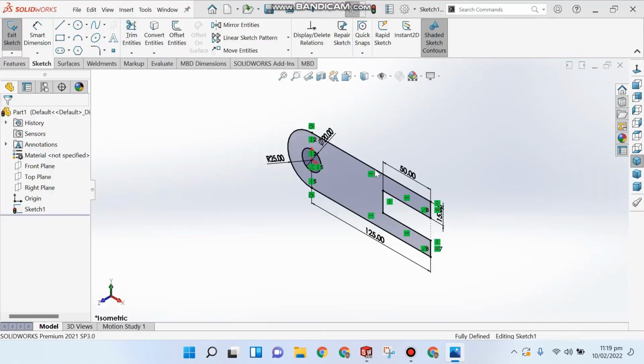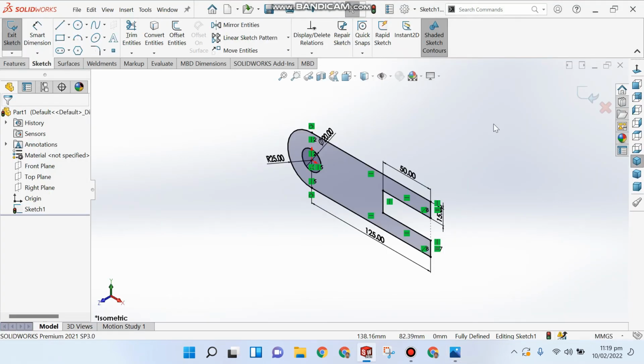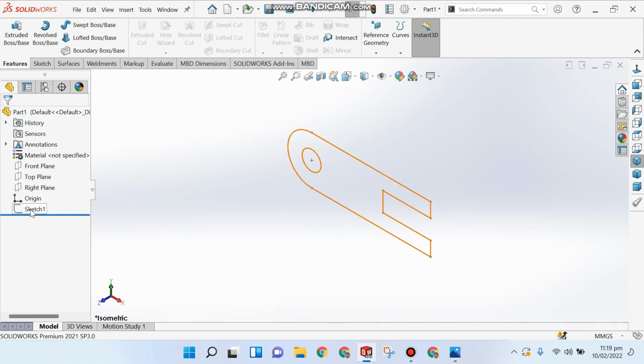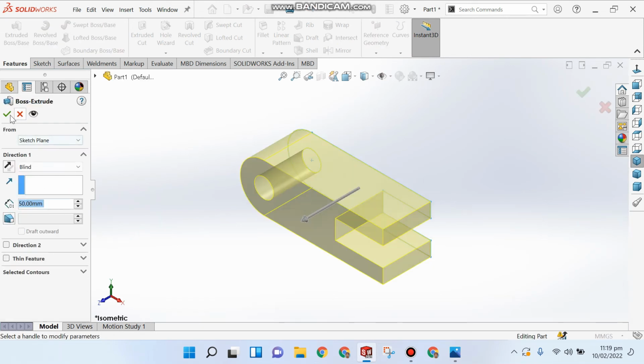Now I am going to extrude, means I'm making it a 3D object. So this is sketch, and in this view you can see how much it is extruded. So the radius is 25, so the dia will be 50. So this length is 50. Exit sketch, select sketch and extrude 50. Okay,